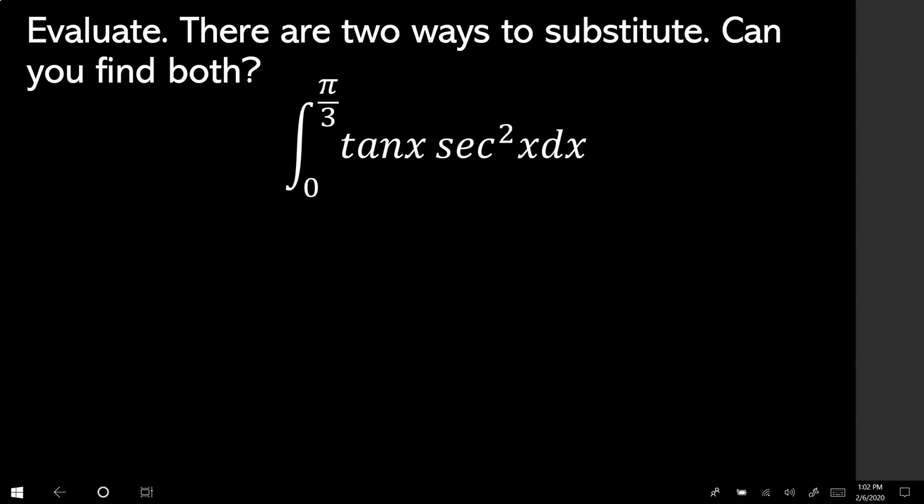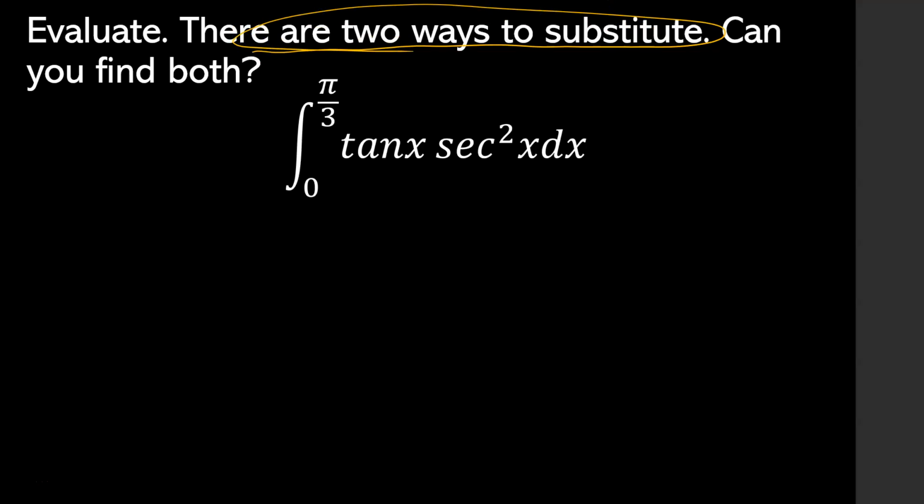When you're presented with a definite integral, you have a choice to make. I'm going to show you the choice that I would make, and I'll explain the other way, but I really don't like the notation. And this does say there are two ways to substitute. If you watched my other practice video on indefinite integrals, hopefully you'll understand there are two ways to substitute for u, and that's u could be secant of x, and du could also be tangent of x, because in either case,